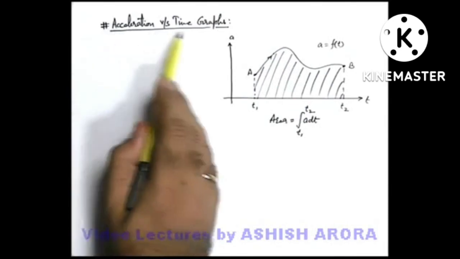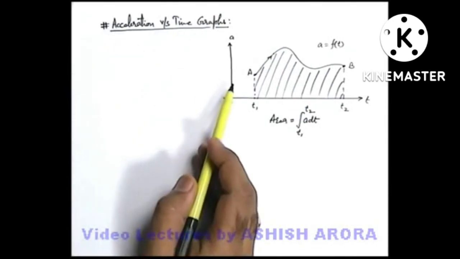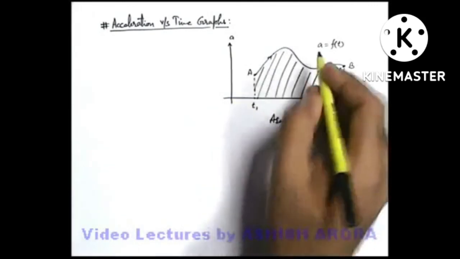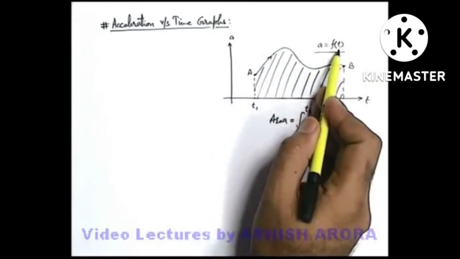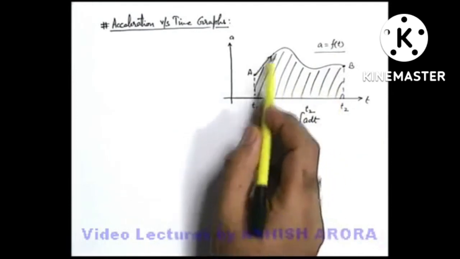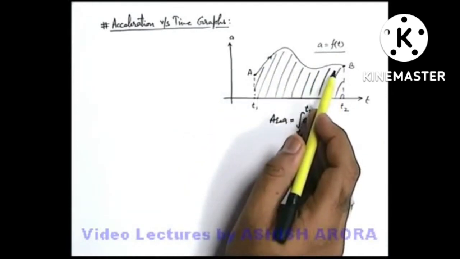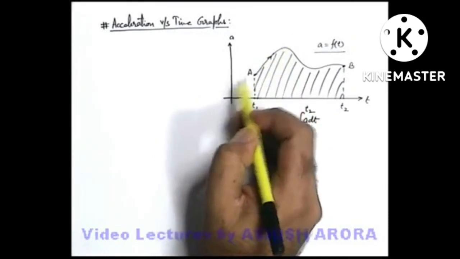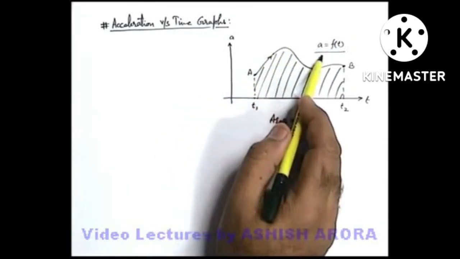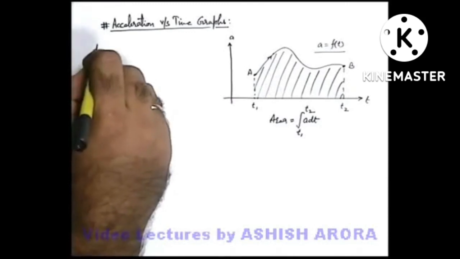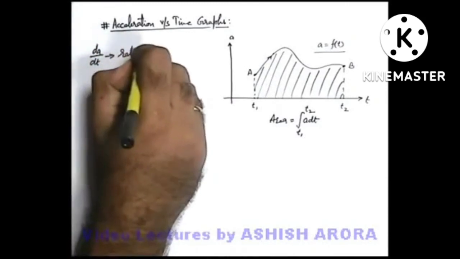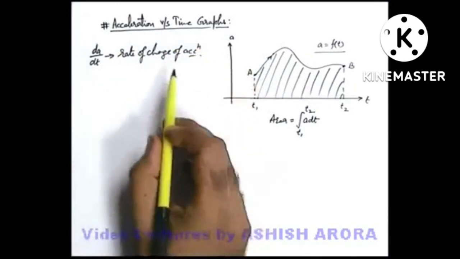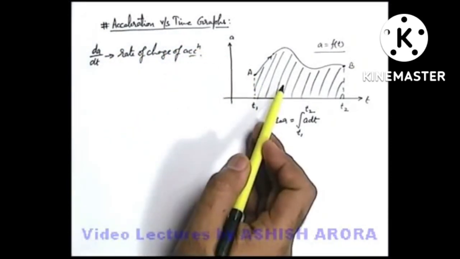Now let's discuss the acceleration time graphs. Just like in the case of displacement time and velocity time graphs, we can also plot acceleration time graphs if we have the function of acceleration as a function of time. Now this graph is not of much importance in analysis of motion. If we find the slope or tangent at a point, the slope of this graph will be given by dA by dt. Here, the value of dA by dt can simply be stated as the rate of change of acceleration. This rate of change of acceleration is not of much importance in analysis of rectilinear motion.